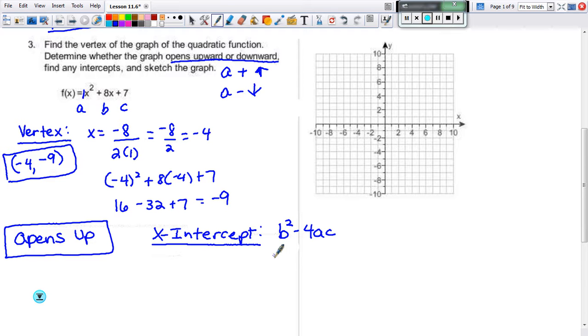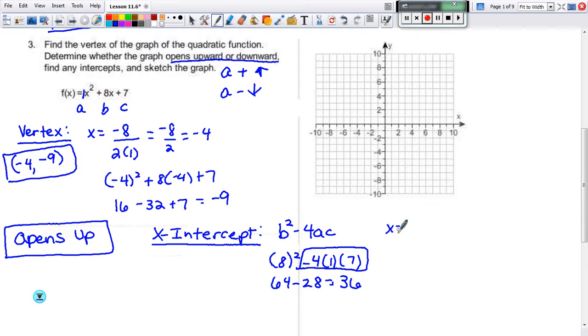So let's check that. 8 squared minus 4 times 1 times 7, 64, and then the rest of this gets multiplied together. So minus 28. 64 take away 28 is 36. So since it's positive, there is an x-intercept, and what you want to do is use the quadratic formula now,